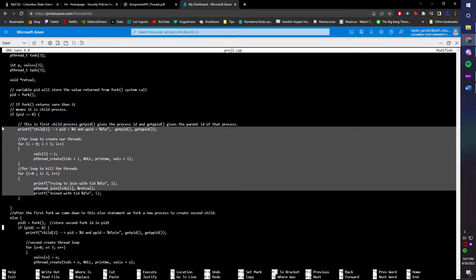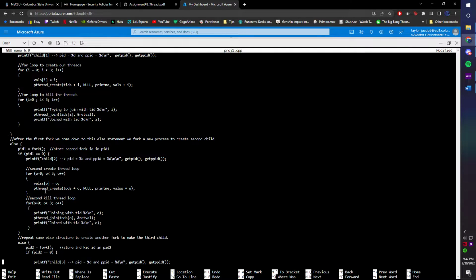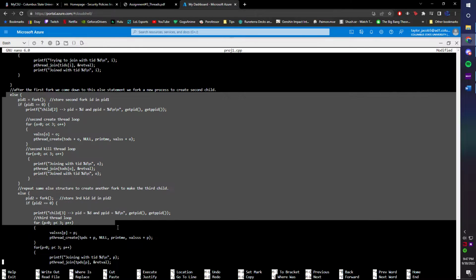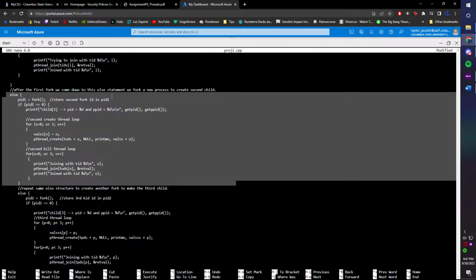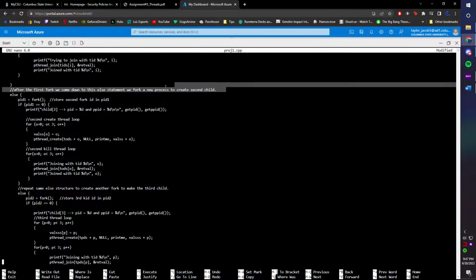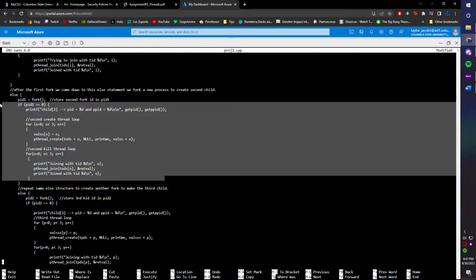But if it doesn't go into this because, say, the PID is not equal to 0, it goes into this big else statement. After the first fork, we come down to this else statement to fork a new process to create our second child. So at this fork is where we create our second child. Again, we have the same structure as before. So we check if it's 0. If it is, it goes ahead and prints I'm child 2,